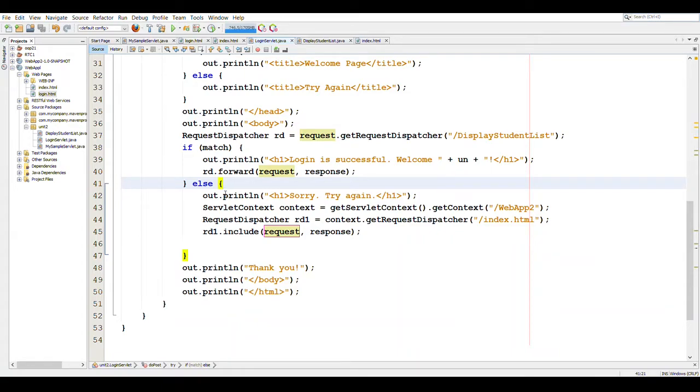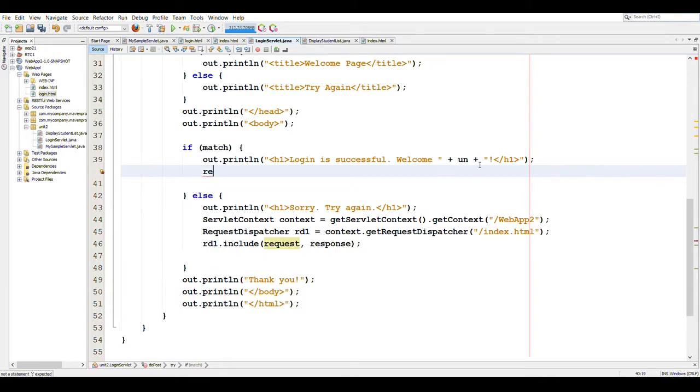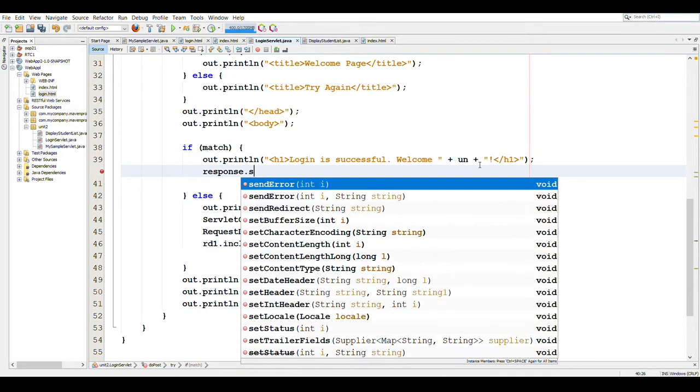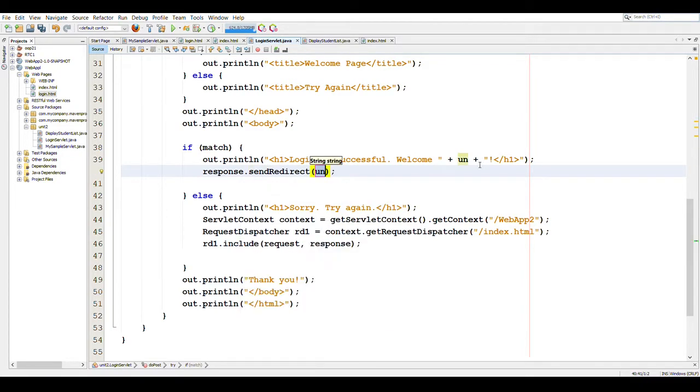Now in our login application, instead of using the request dispatcher, we will be using the response.sendRedirect method. Here, after we have printed the message login is successful, we redirect the response using the sendRedirect method, and here we give the path of the display student servlet.